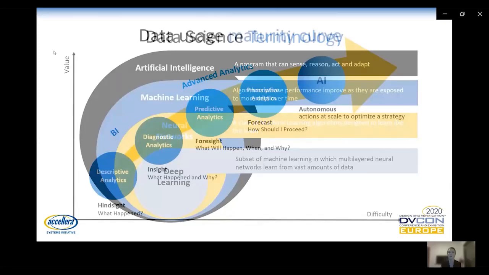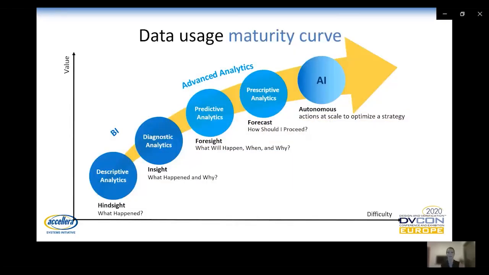So when looking at different organizations, we see different usages of data. And I want to call out the different maturity levels. And again, it doesn't mean it's always sequential, but in many organizations, we do see it as an evolvement of the maturity of how organizations are leveraging data.